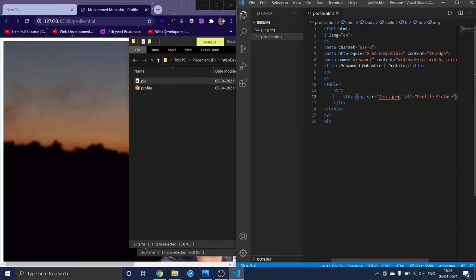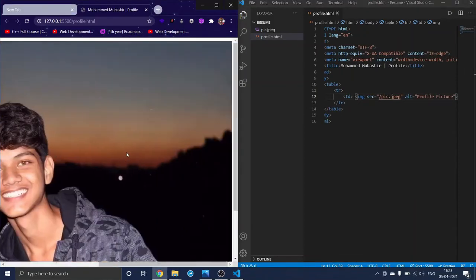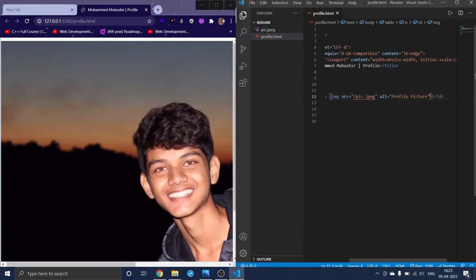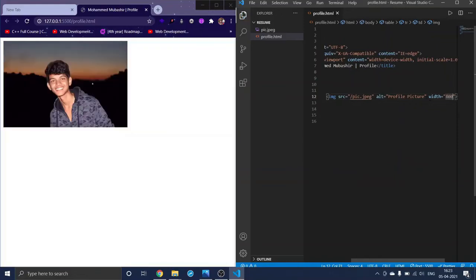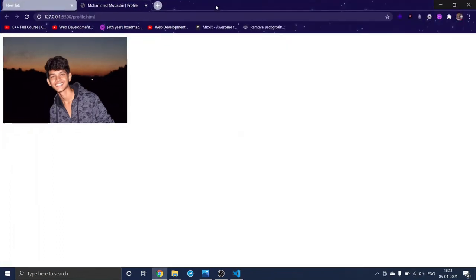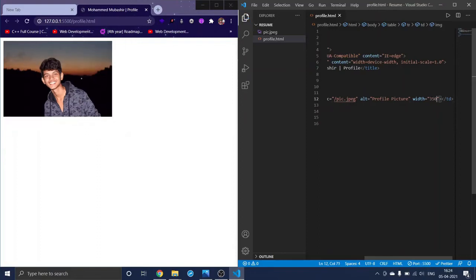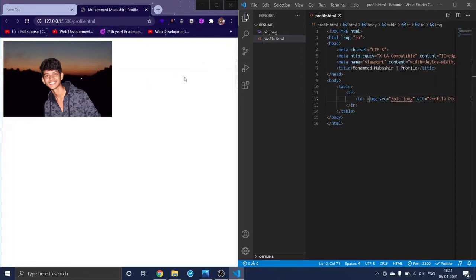And when I save this, you can see we got my image here, and let me change the width of this with 400 and save. It's still, I think it's okay. Change this to 350. Yeah, and now what I need is I need my name and something like my bio here.